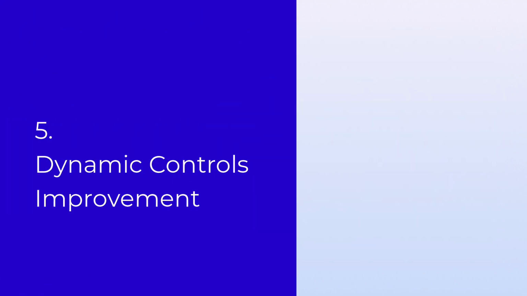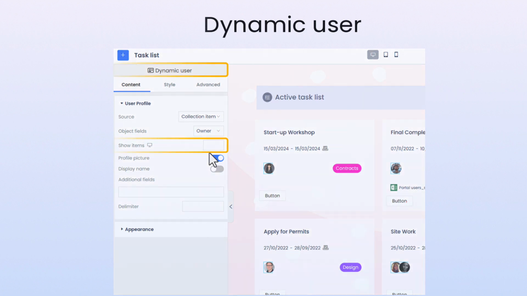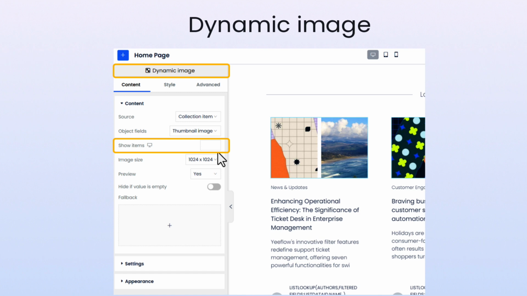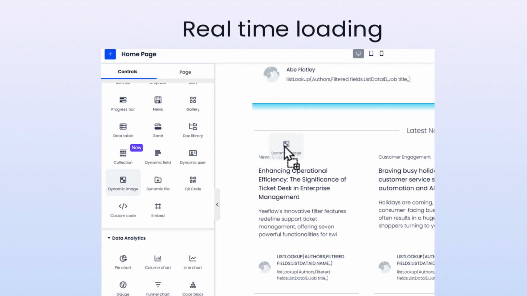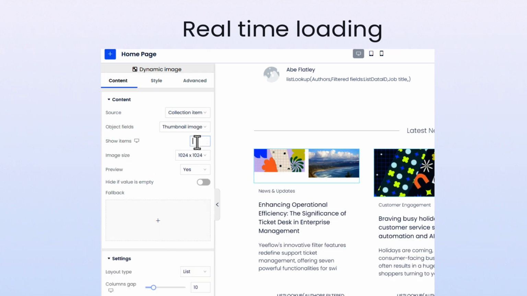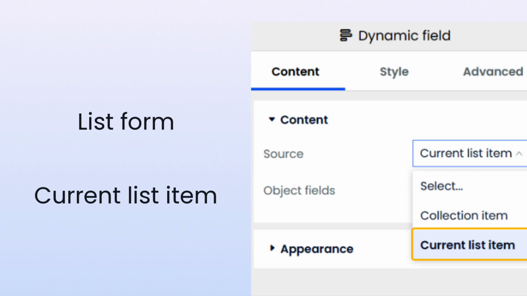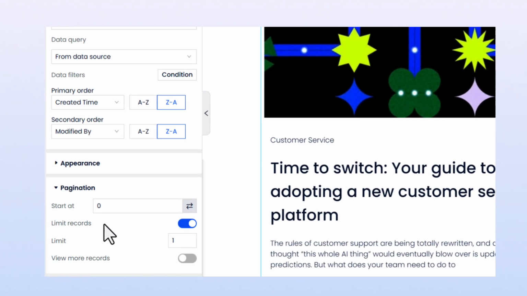Dynamic controls have also seen significant improvements. These include Show Items for Dynamic User, Dynamic File, and Dynamic Image, Text Length for Dynamic Field, allowing real-time loading, and now support in list frames with current list item, and small update from pagination settings for collections, data table,